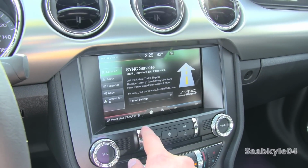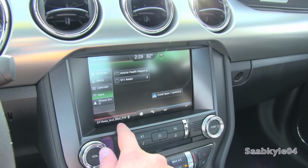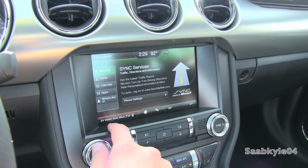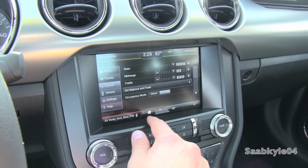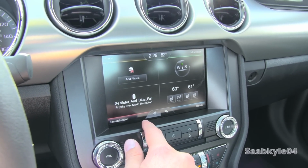Navigation is an optional feature for the Sync system, otherwise it just brings up your compass and vehicle information, so you have your apps, 911 Assist, calendar, alerts, Sync services, and more. In the bottom middle you'll find the Home button and Settings screen. The settings allow you to customize various aspects of the system from clock, display, audio adjustments, and a few other